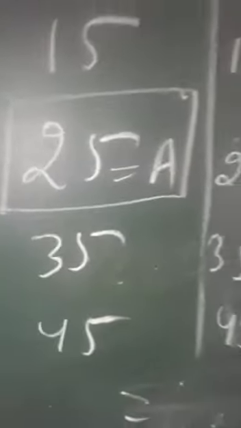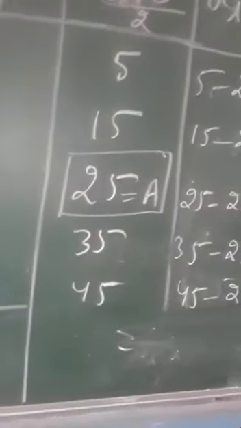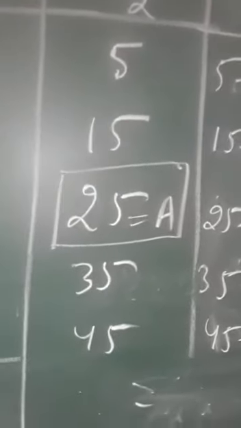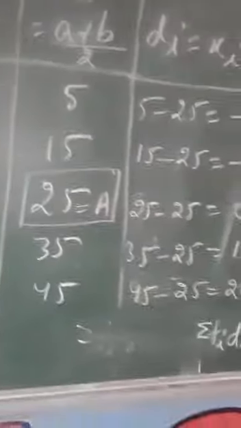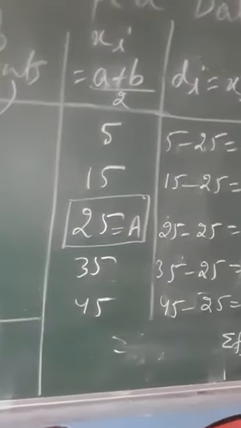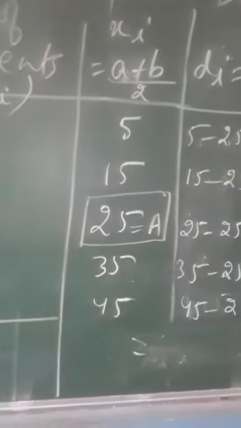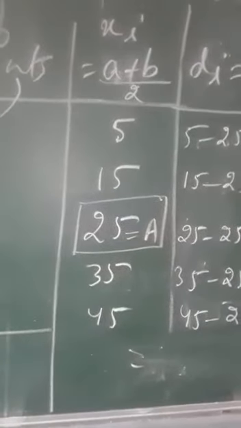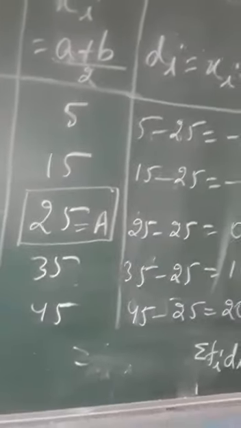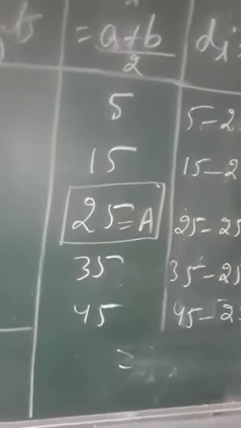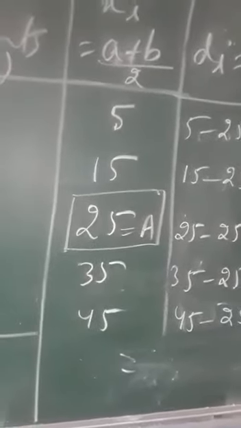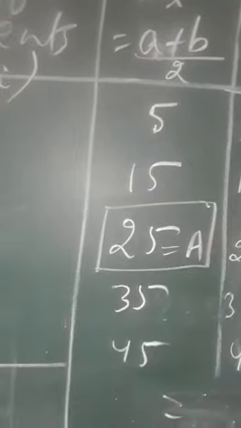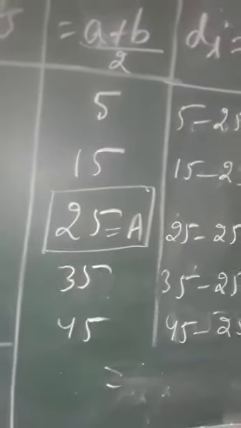When we have obtained all the class marks, to use the assumed mean method we have to take any term from the obtained values of xi. Since xi is 5, 15, 25, 35 and 45, we can take any value as our assumed mean, but it is better to take the middlemost value. When we have an odd number of terms, we add 1 to the number of terms and divide by 2 to get the middlemost term.